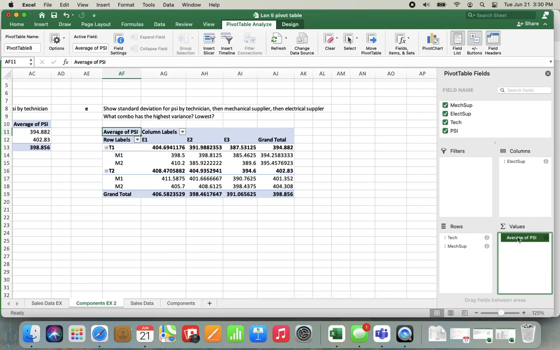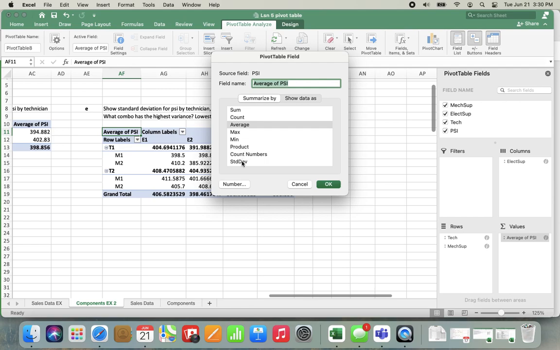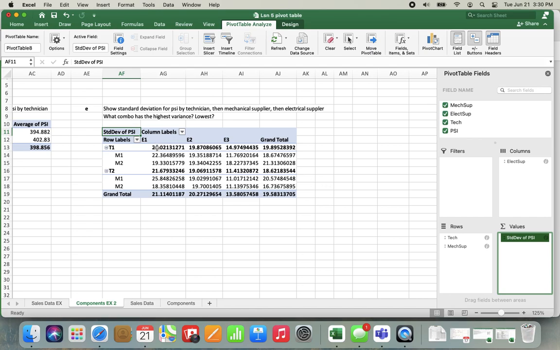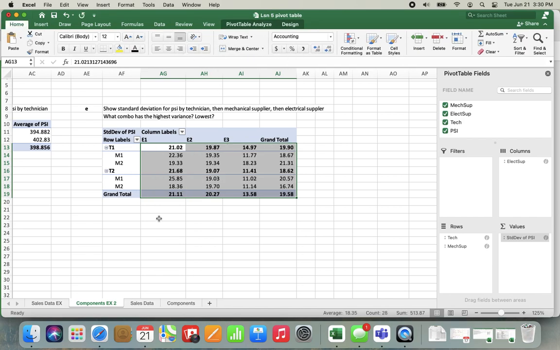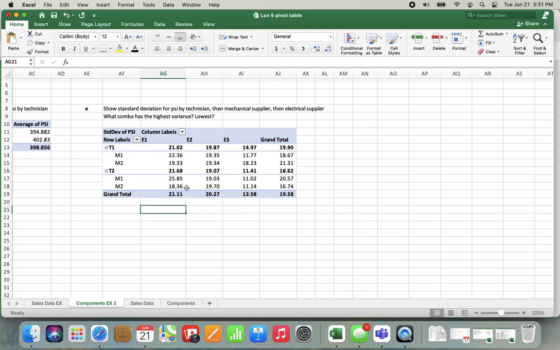Oh, not average PSI. Oops, sorry. Standard deviation of PSI right down here. And let's get rid of too many decimal places. So now we see,